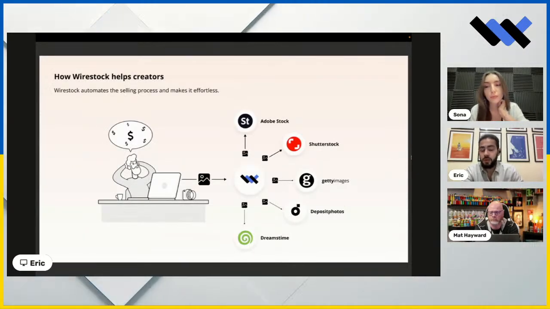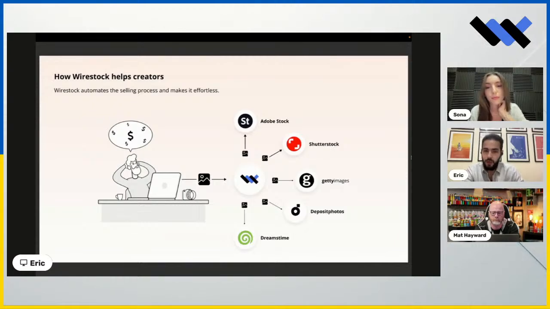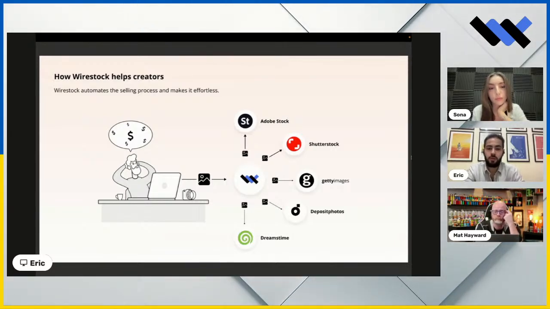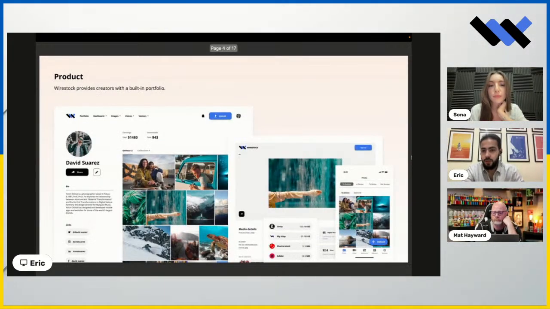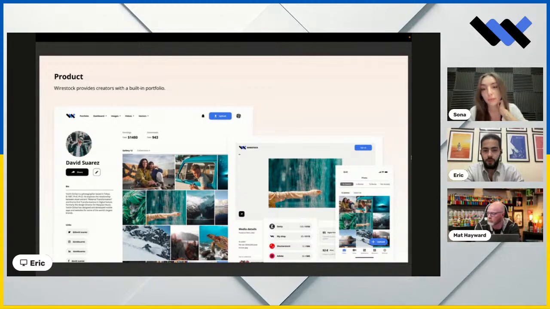The way Wirestock works is by providing one-door access to all those major stock content marketplaces in the world, like Adobe Stock, Shutterstock, Getty Images, and other creative platforms. So, as a creator, you won't have to manage multiple accounts on multiple marketplaces. You just have to create one account on Wirestock.io, and then you'll be able to start selling on all of those agencies. You will also get your personal portfolio on Wirestock, where you can see your basic earnings, your downloads,